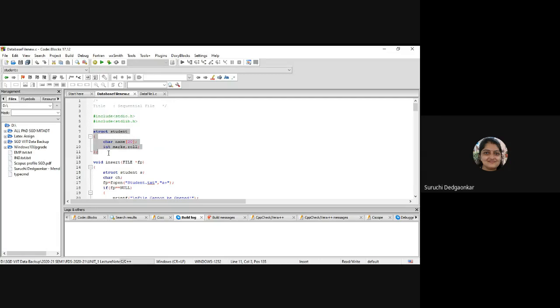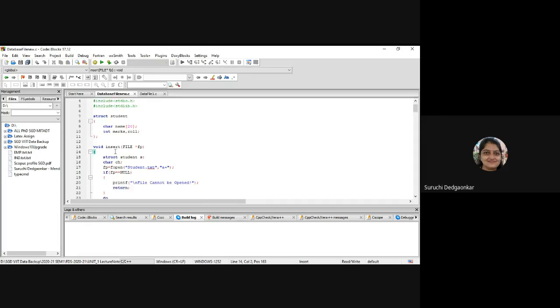Struct student, this is the structure declared. Now you have to create the employee database. So you can identify the parameters of an employee like employee ID, name, salary, designation. Identify any three or four important parameters. Out of that, one will be your key, like employee ID, which will not be repeated for any other employee. So the first step is to write the structure.